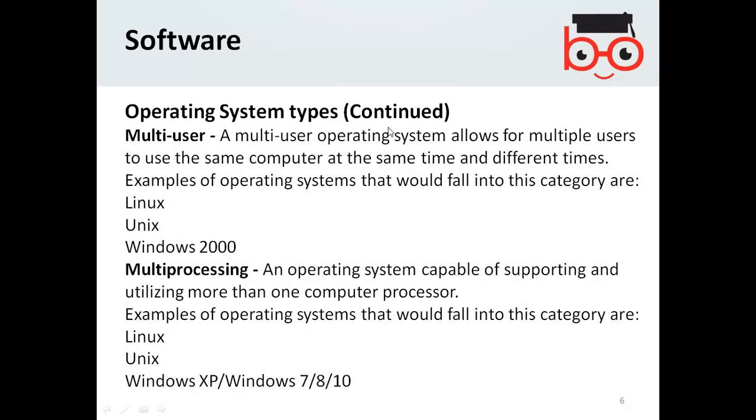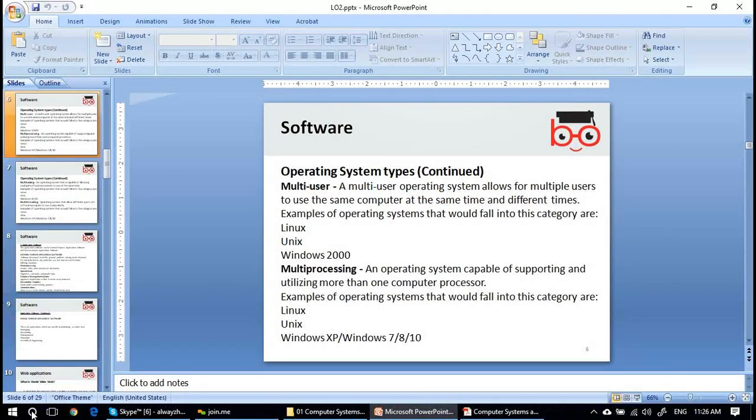Operating system types. Have you ever used the command prompt? In command prompt, you type one command. Let me show you.